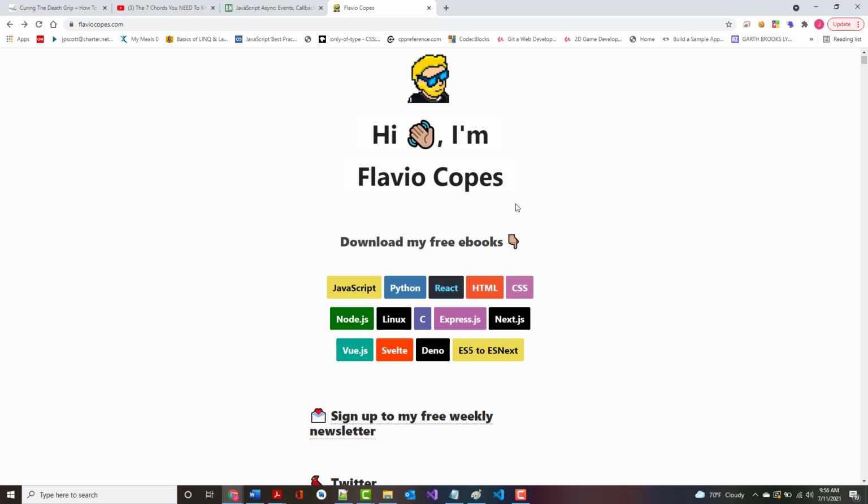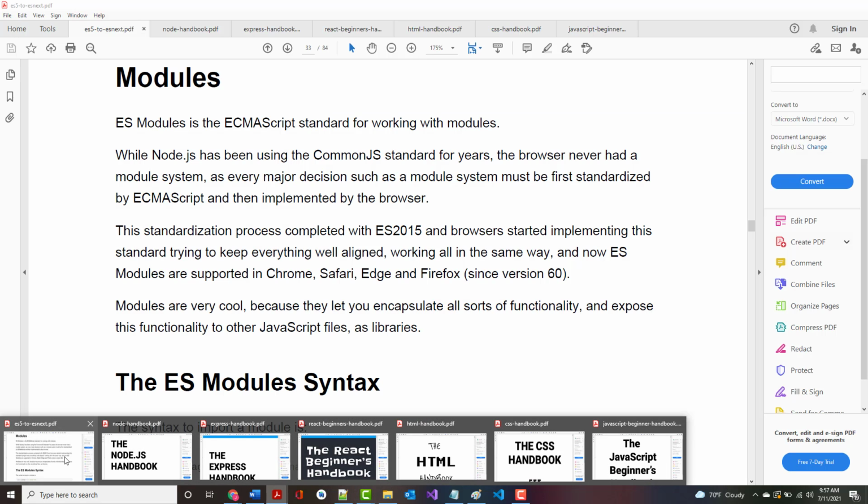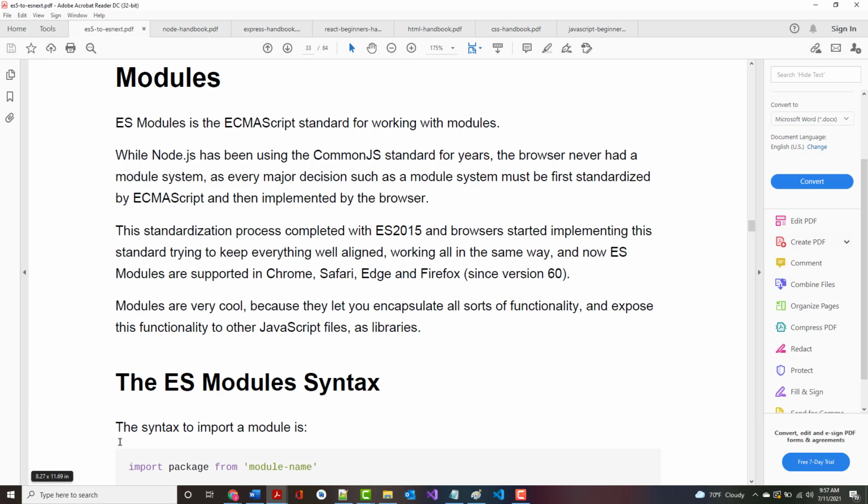So far I have done about 5 videos for Mr. Copes' HTML ebook, a dozen videos for his CSS book, and 5 for his JavaScript book. And currently I've done like 3 or 4 for the one I'm on now, which is his ES5 to ES Next book. I think I've done 3 so far. So that puts me right here,